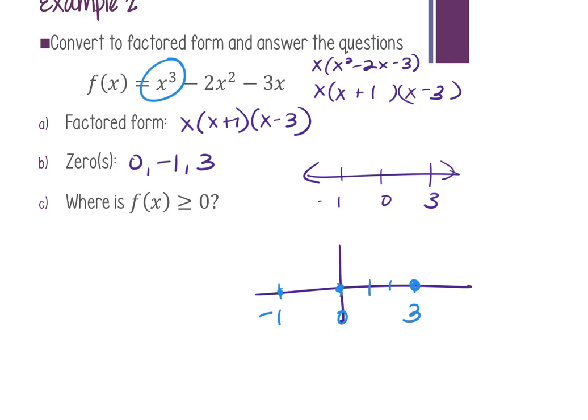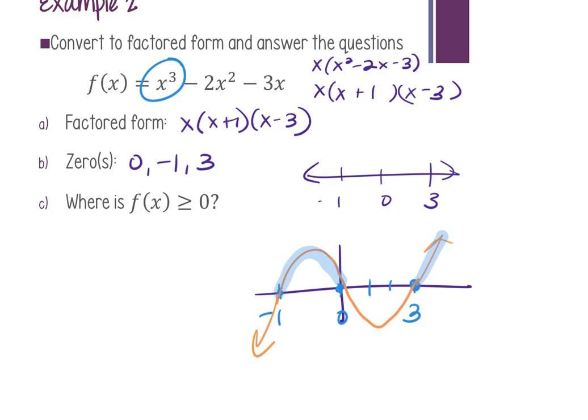Good. It's odd and positive, so it falls left and it rises right. So my arrows fall left, rise right, and the multiplicity on each of these is? Crosses through because it's 1. 1, 1, 1. Now I'm just looking for where it's greater than or equal to 0, which would be here